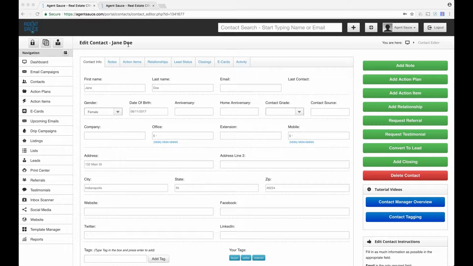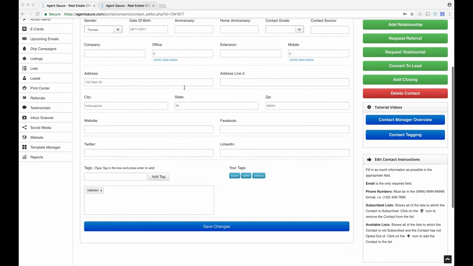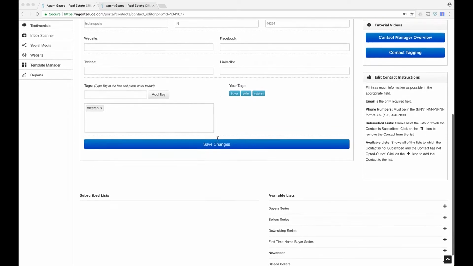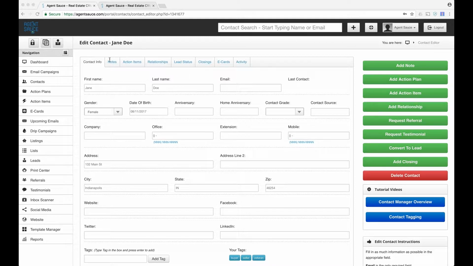sheet for Jane Doe. And if I scroll down here, you can see we collected a lot of information: first name, last name, email address, company, gender, that sort of thing. But what if I want more information? What if I want to know marital status, or if there are any allergies that Jane may have, or her dog's name? What we can do in the Agent Sauce system is go to our profile,